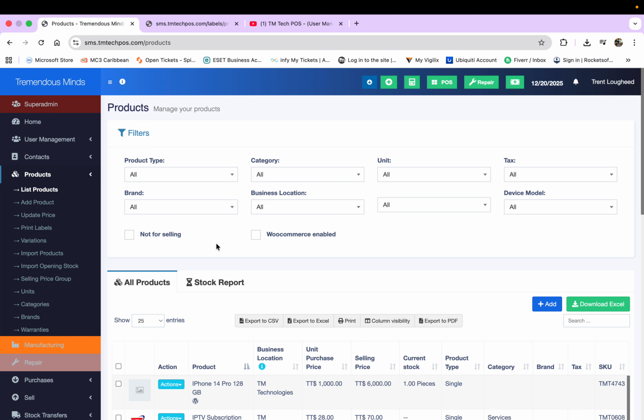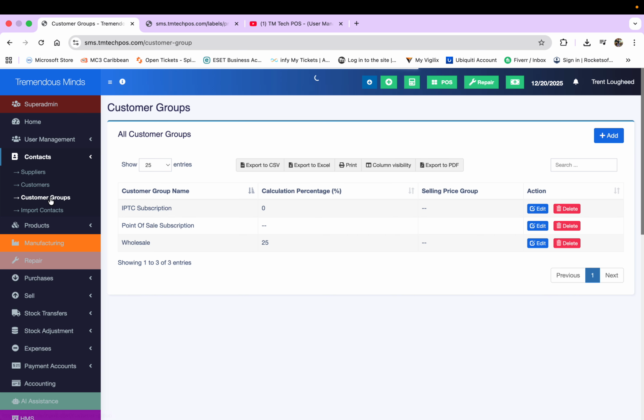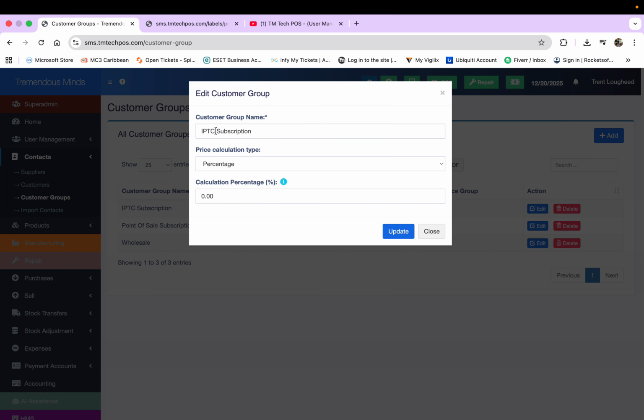So let me tell you something about selling price groups. Your selling price group is linked to your customer group. So you have customers, you can group your customers, wholesale, etc. Let's go up to contacts. Let's go to customer groups. When we create a customer, we can create a group for them. So here we have IPTV